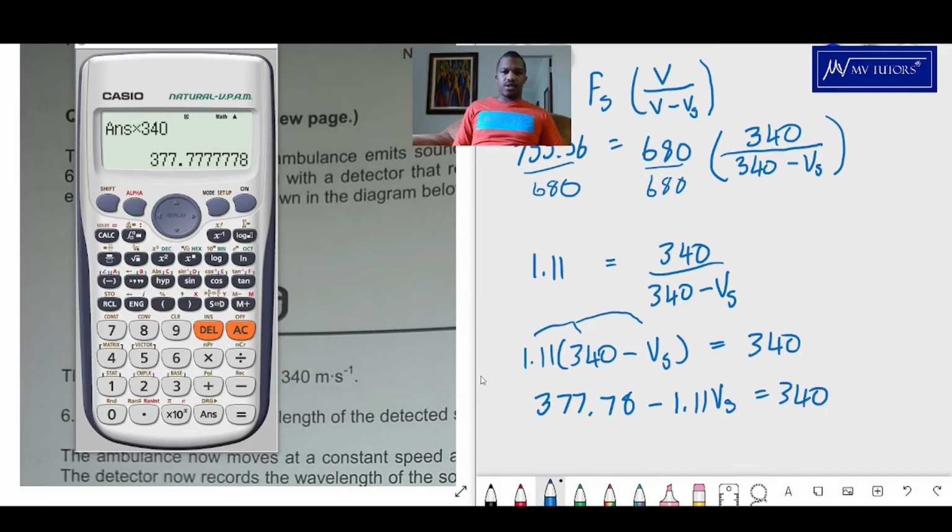Okay, what do I want to do? Let me take this to the other side so that I'll be left with minus 1.11 Vs is equals to. So now what I want to do is, sorry, I have to get rid of this now. Okay, so it's gonna be 340 minus 377.78, and then we get minus 37.78, and then finally